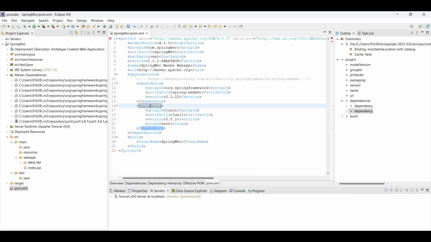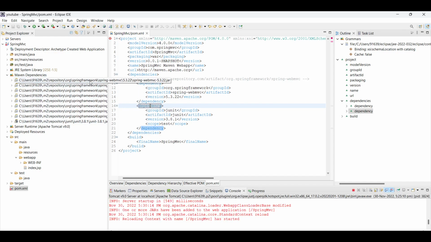Here you can see the dependency is added, and after it is added, in the Maven dependencies you can see all the dependencies added: Spring MVC, Spring AOP, Spring Beans, Spring Context, Spring Core, Spring JCL, all the dependencies are added. After that